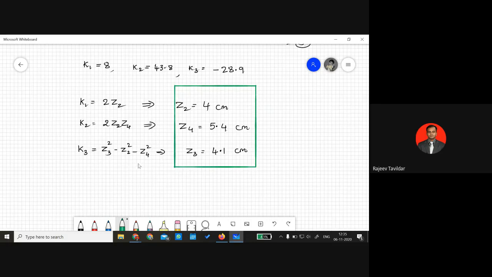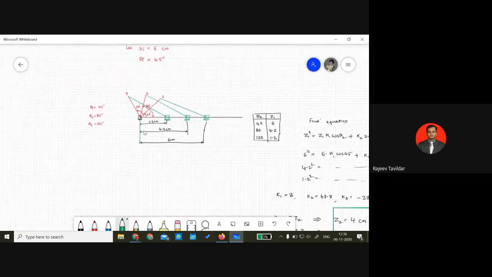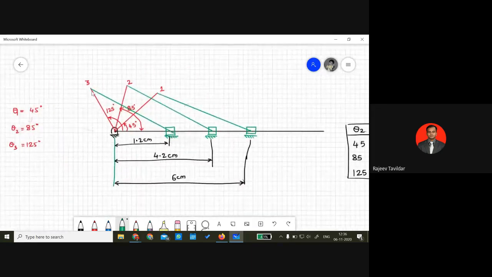I hope all of you have got answers close to this. In fact, since it is analytical, you must be getting exact answers. In graphical, there will be slight error, but in analytical, it should be perfect answers. Okay. So this was about Freudenstein's slider crank mechanism. So whatever is the problem, you have to bring it in this format.